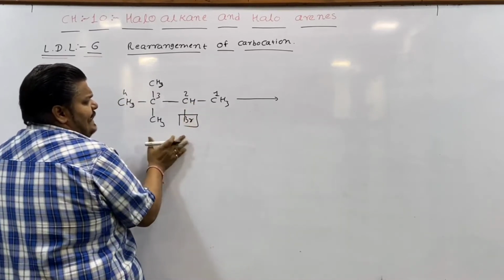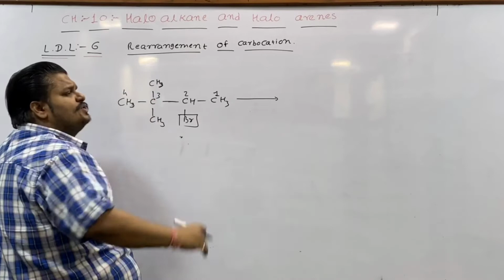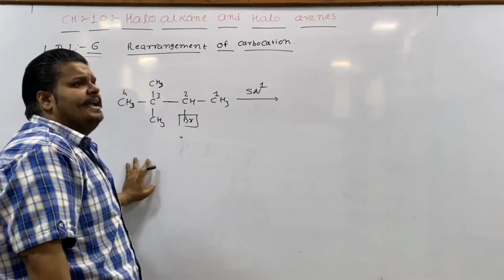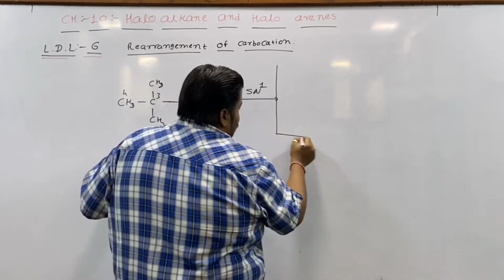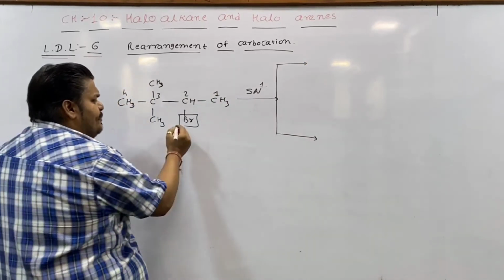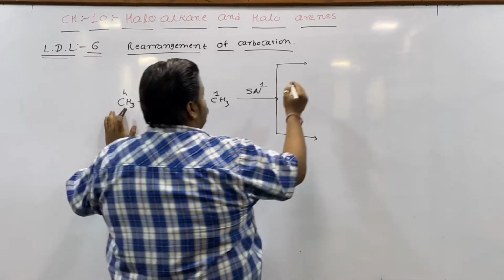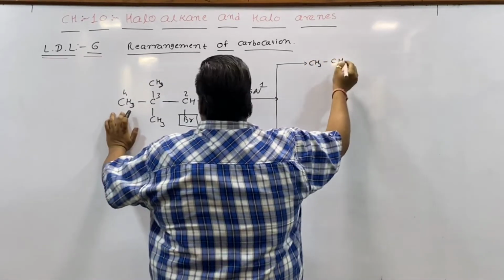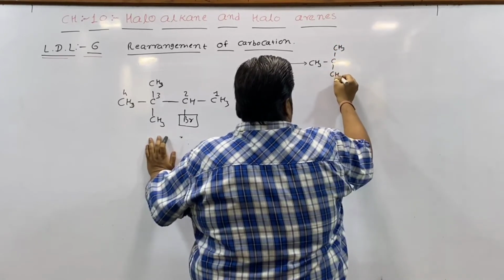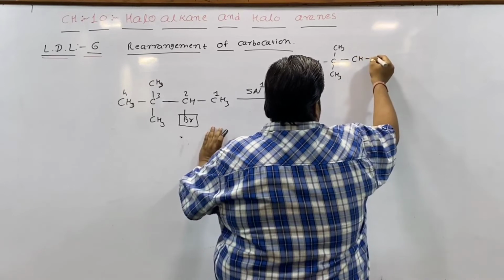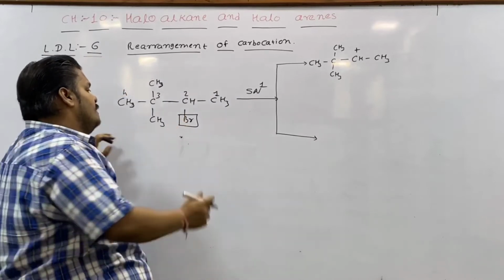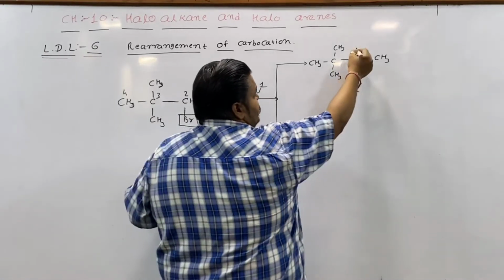Br present on the second carbon gets substituted by the OH group by following the SN1 mechanism. But for the SN1 mechanism, we know that we'll get an intermediate carbocation. The intermediate carbocation produced by removal of the halogen produces CH3, C, CH3, CH3, CH, CH3, a positive charge on the given carbon. Removal of Br will produce a positive charge on this carbon.